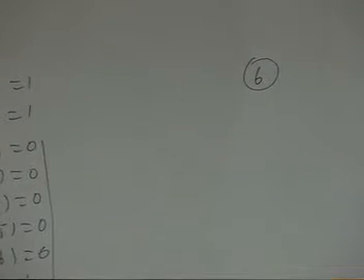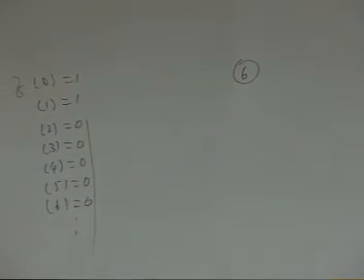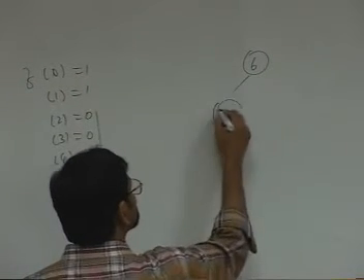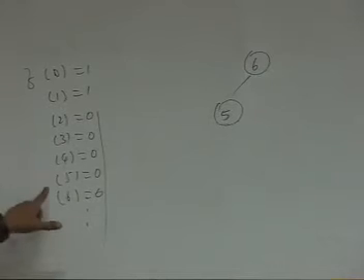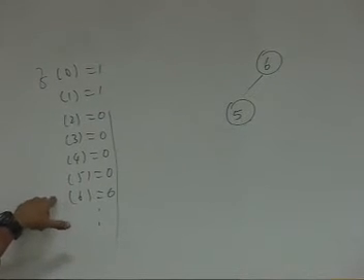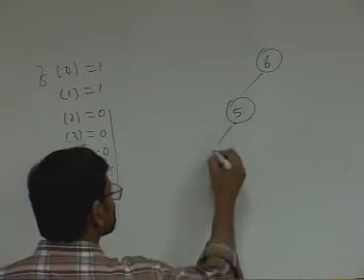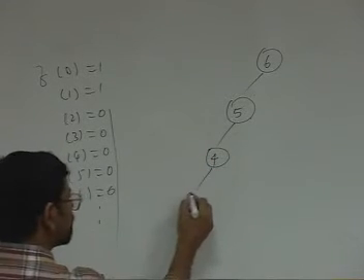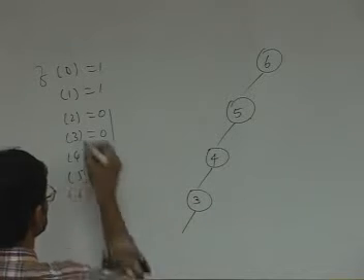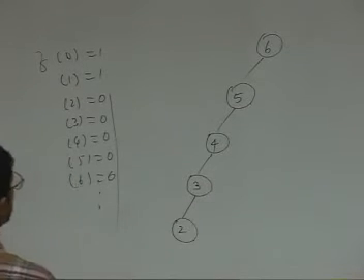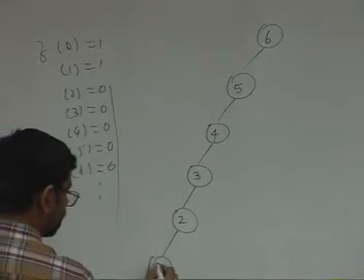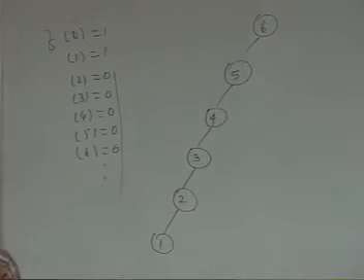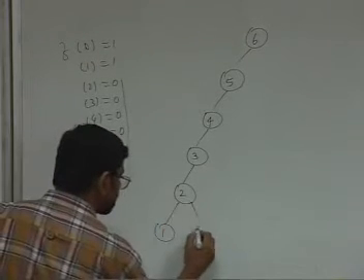I just see the table value, it is not computed. Because this is not computed, I trigger the recursive call, first for 5. Is 5 available? No, it is not available here. So I trigger the recursive call for 4. Okay, 4 is also not available. So I trigger a recursive call for 3, and 3 is also not available. So I make a call for 2, and for 2 I look at 1. 1 is available, so I return that value.